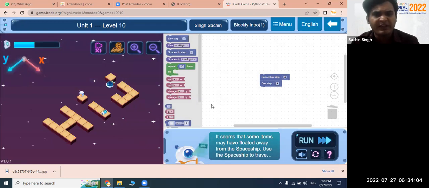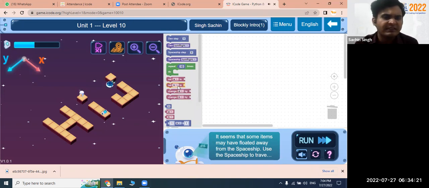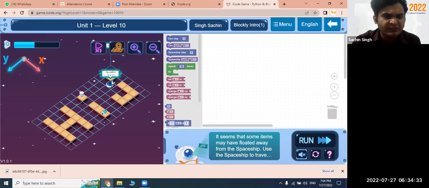No doubt. Okay. So here now introducing the spaceship, right? So how to solve level 10? Here Dev cannot jump, right? Because Dev is in space. Dev cannot jump. So basically what Dev has to do first is bring the spaceship here. So how can Dev bring the spaceship? For that, Dev has to add a block. This is a spaceship. First of all, we have to move this spaceship here. And once the spaceship is here, then Dev can easily walk and then collect